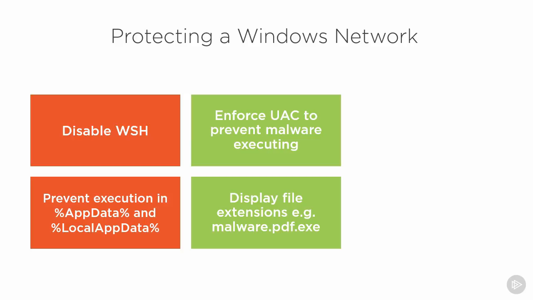However, malware authors have exploited this default setting in Windows and have done things like provide files such as malware.pdf.exe, where the user thinks it's a PDF file in this example, but in fact it's an executable. They click on the file thinking it's a PDF file, but what they're doing is running the executable and infecting